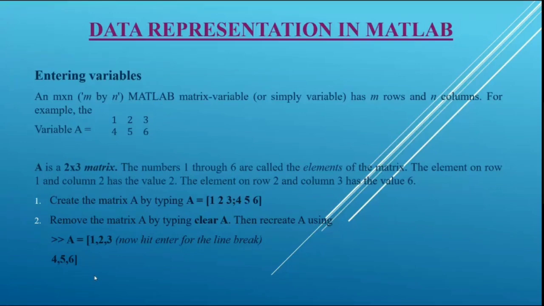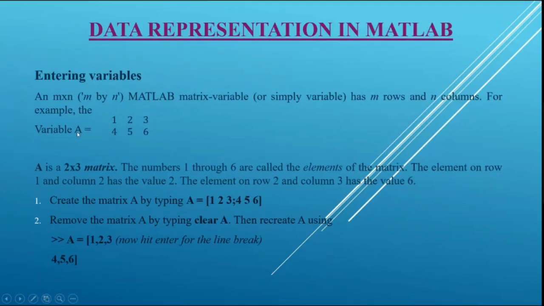Now we are moving into the data representations in MATLAB. This title is appropriate because the structure for the storage of all the data in MATLAB is a matrix. The MATLAB matrix variables may have any number of rows and columns. Scalars like the variables a and b that we worked with above are also stored as matrix variables with one row and one column. This is the reason that the variable a in our workspace is shown as a 1 by 1 matrix. For entering variables, we use an m by n MATLAB matrix variable, where m is the number of rows and n is the number of columns.